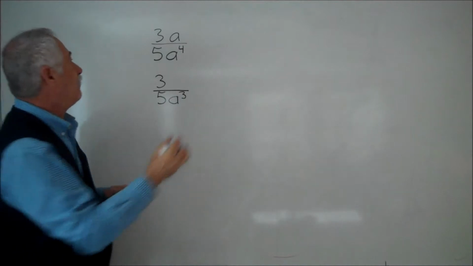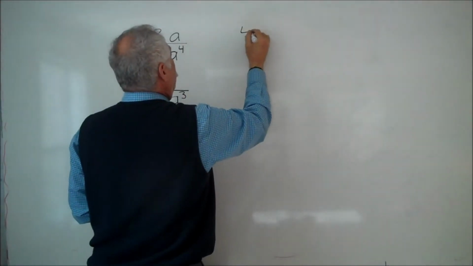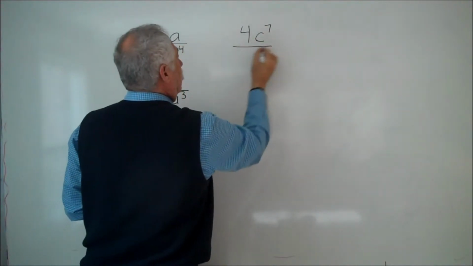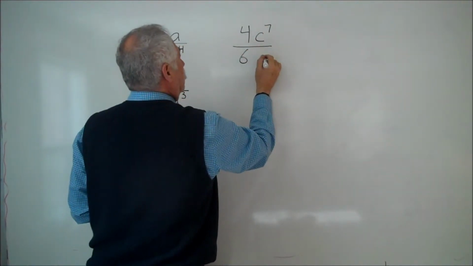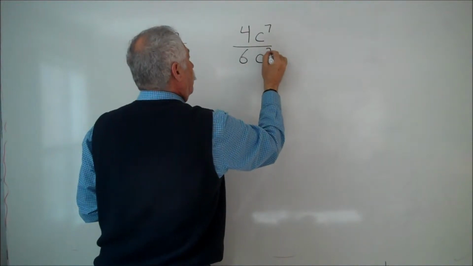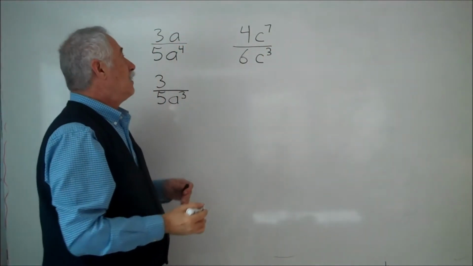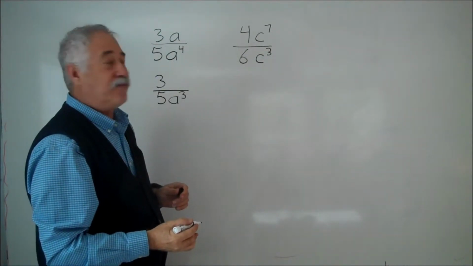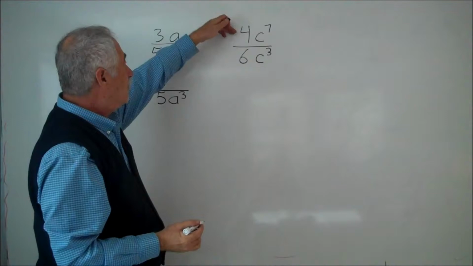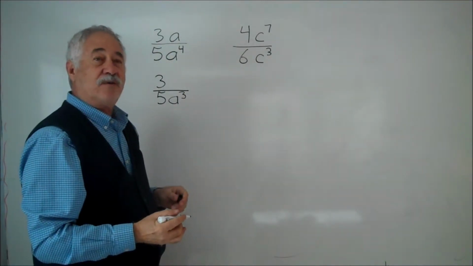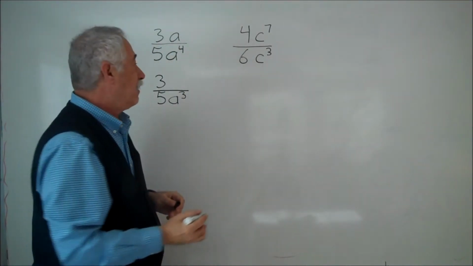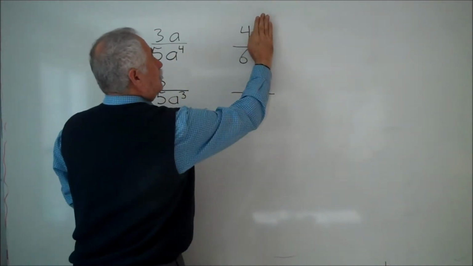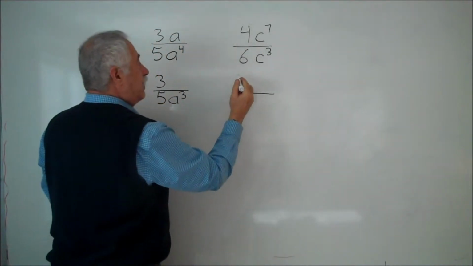Let's look at that again. Another fraction: 4c to the 7th power over 6c to the 3rd power. First you look at the signs. There's nothing to simplify there. You move on to the rest of the number, 4 over 6. 4 over 6 can be reduced by 2. So just looking at the fraction, 4 over 6, you reduce it by 2, and you get